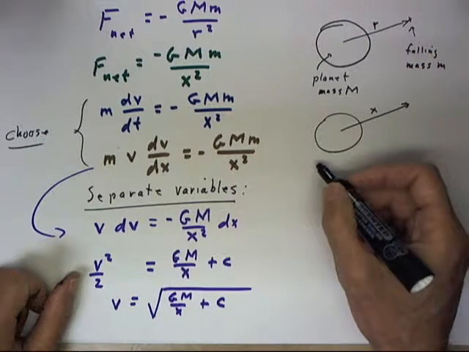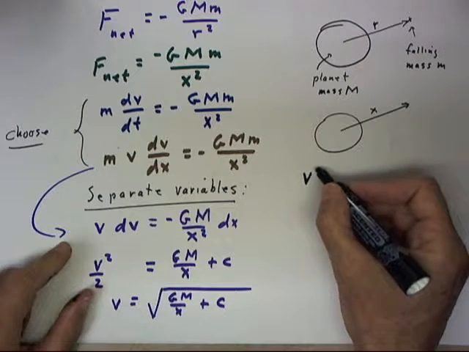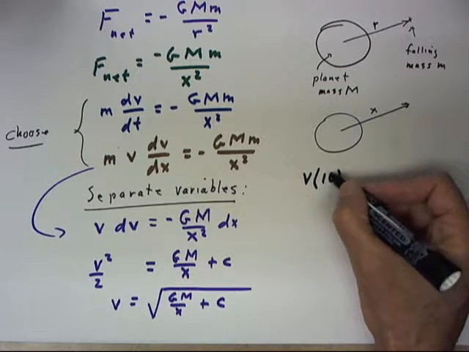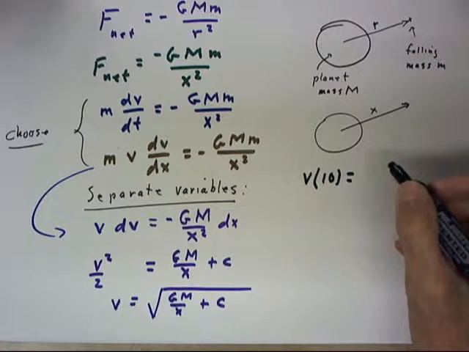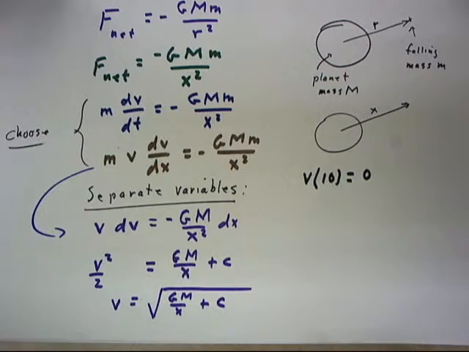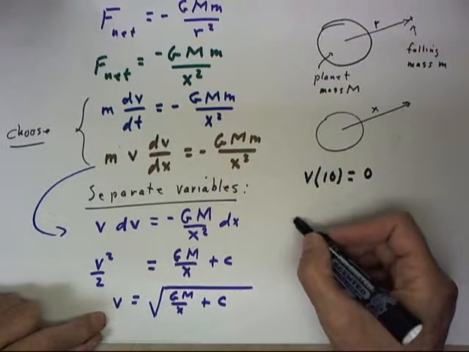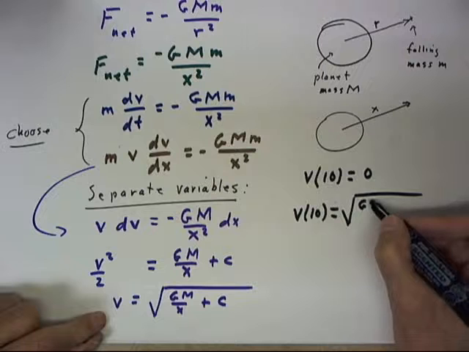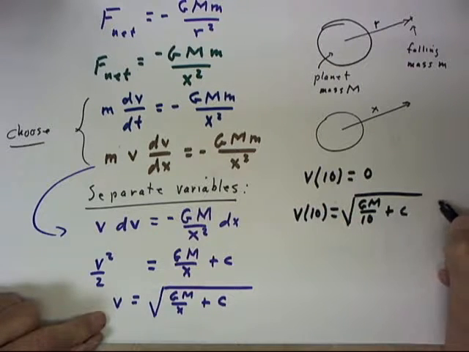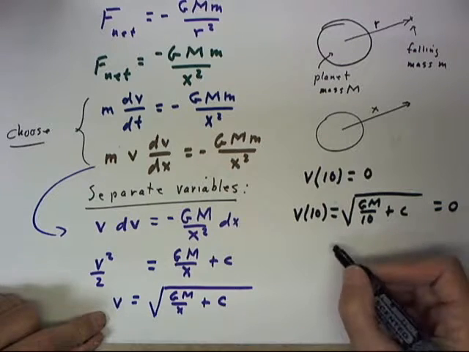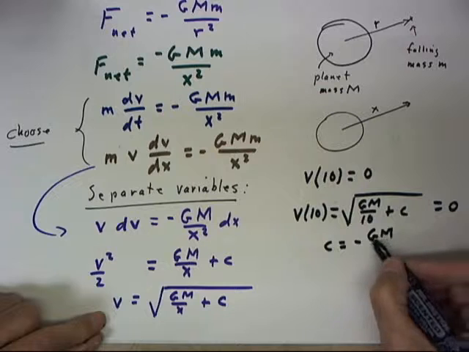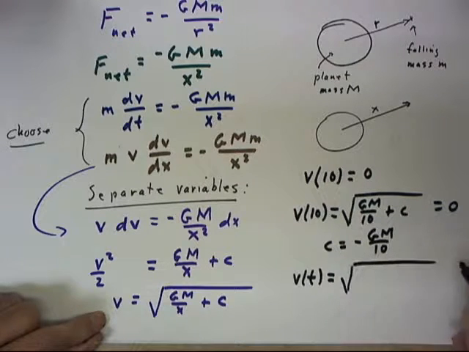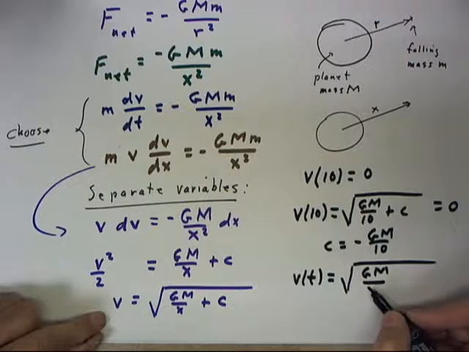If we put an initial condition on this, the condition that v at, let's say, 10 equals 0, then we have v of 10 equals the square root of GM over 10 plus c, and that should be 0, meaning that c equals negative GM over 10, and our velocity function would be the square root of GM over x